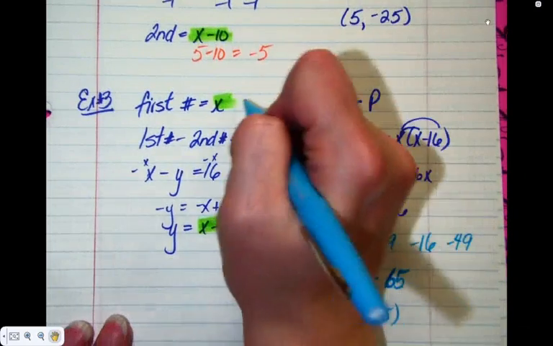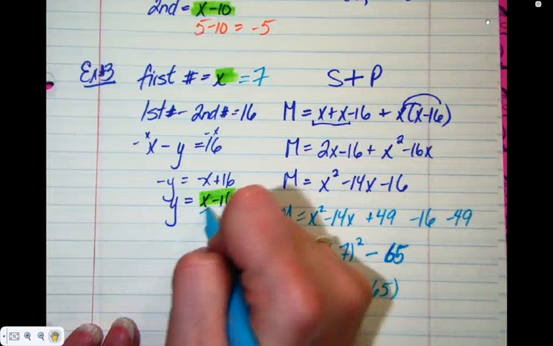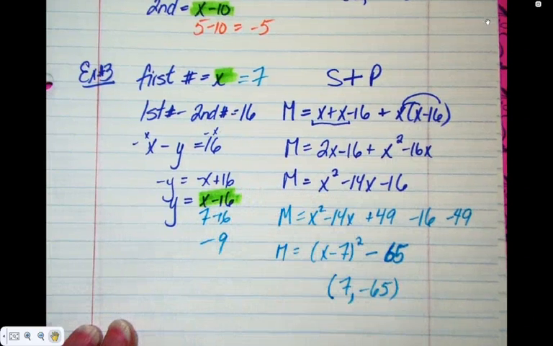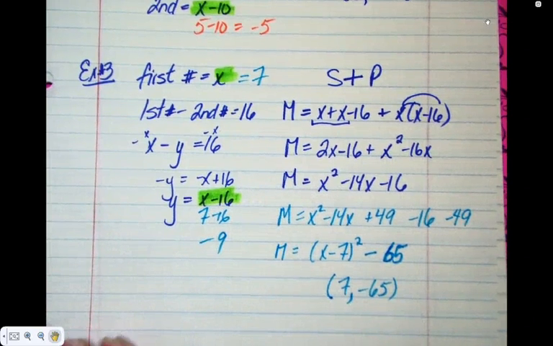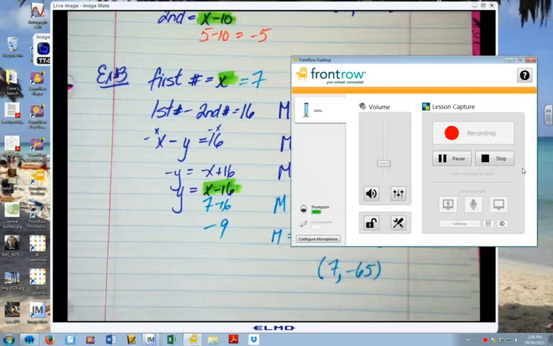What's the first number? What's the second number? What are the two numbers? Who got it? Awesome. Now, initially my